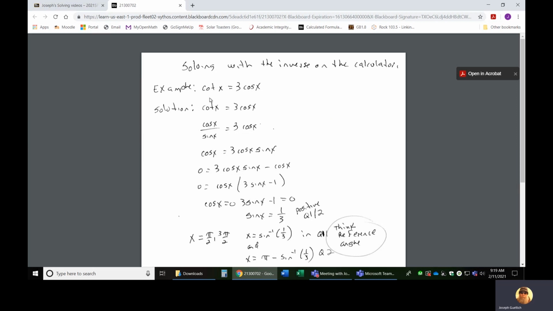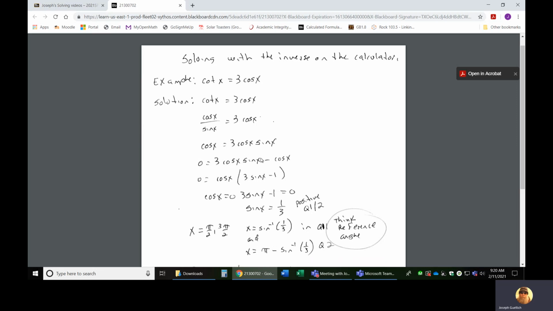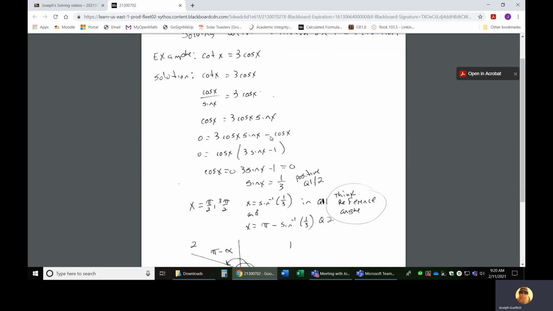So in this case, nothing is squared, so I'm not going to use a Pythagorean identity. I'm using the quotient identity for cotangent. And then I'm multiplying by the sine to get it over on the right. And then I'm going to move the cosine over to the right by subtracting, and I'm setting it up for factoring. So I used an identity and then an algebra step, and it turns into something we did a couple